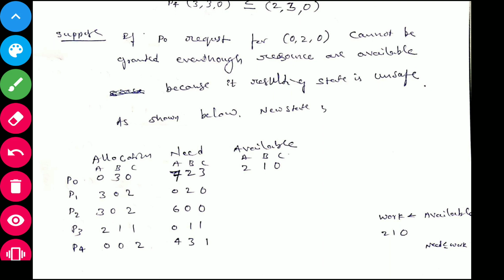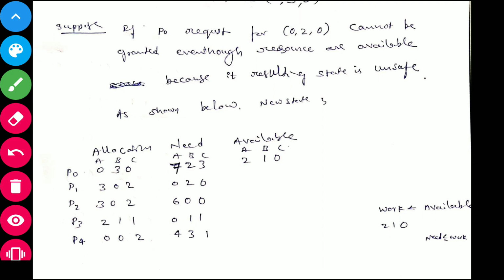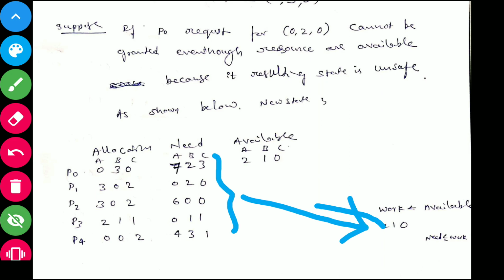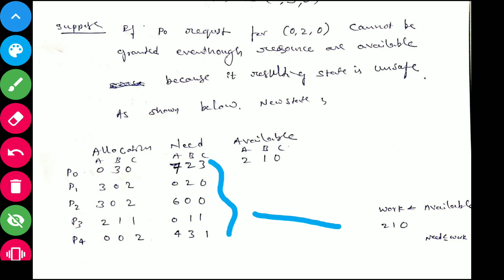Next, I am checking need less than work. 723 is not less than this. 020 is also not less than this. 600 need is not less than this one. 011, for 011 the final C1 we don't have. So 430, that also will not satisfy. Means if you allocate this one, then the system is in an unsafe state.